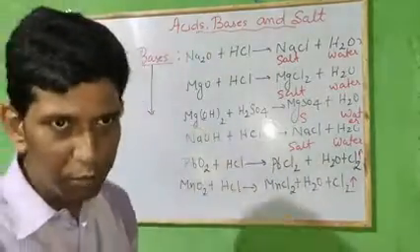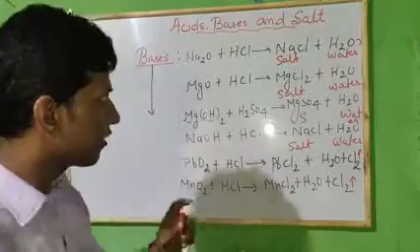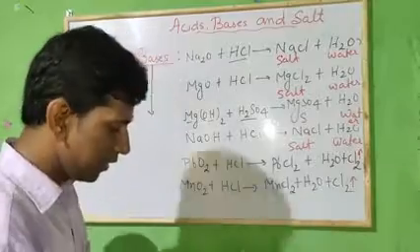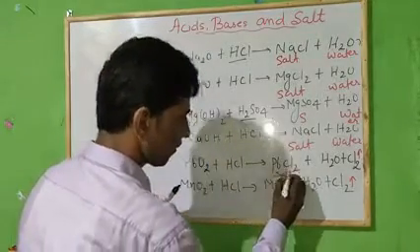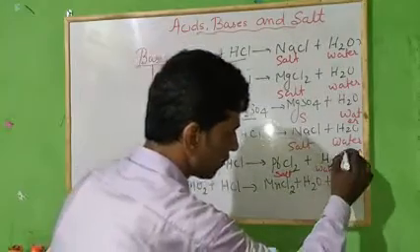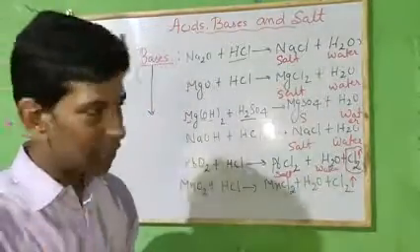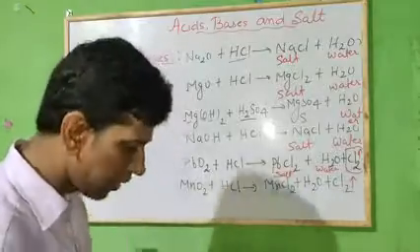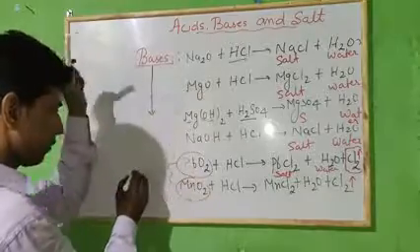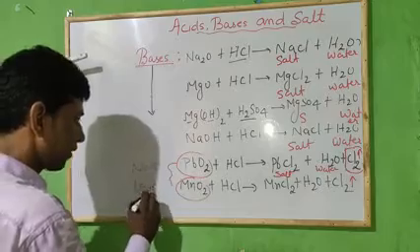What I have explained to you, bases are oxides of metal or hydroxides of metal. When they react with an acid, there will be formation of only salt and water. Here you can see that salt formation is there, water formation is there, but one more thing is also releasing out, that is chlorine. So as per the definition of bases, only salt and water should be released. If chlorine gas is releasing out, then we can say that this oxide of metal is not a base. They are not bases. Clear?